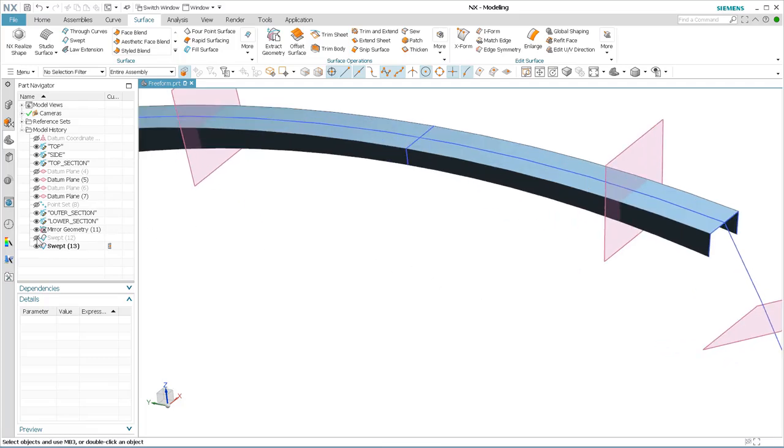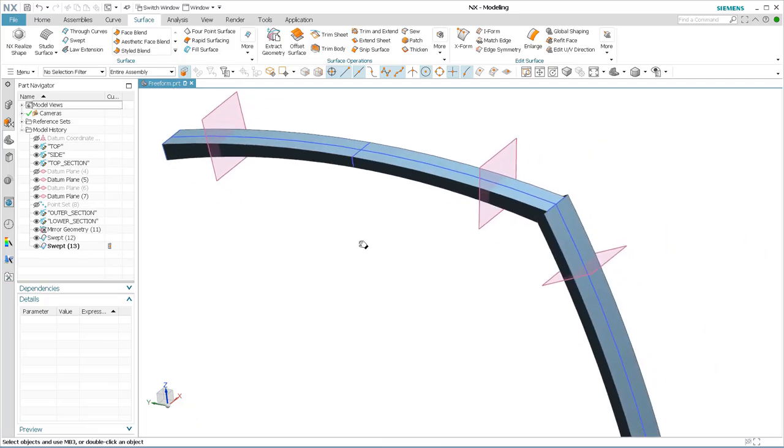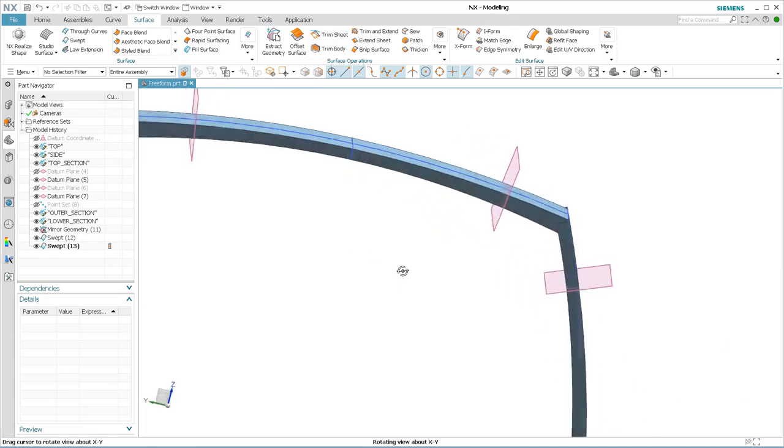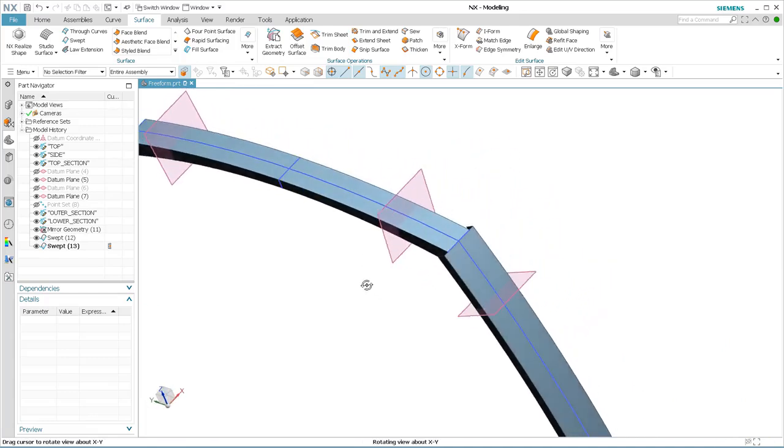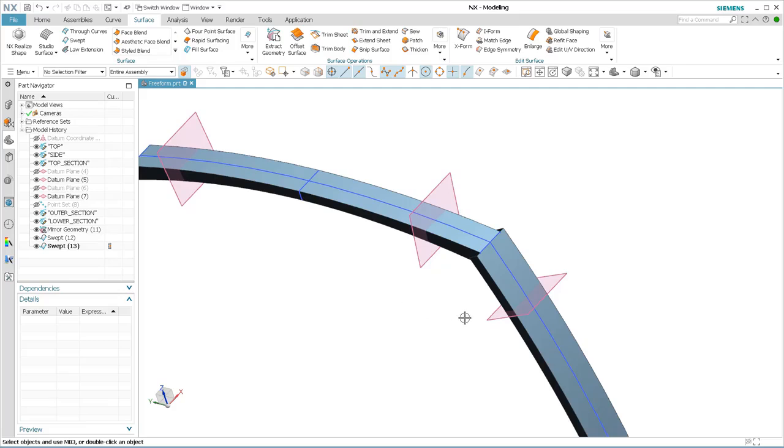Let me go ahead and turn the other one on, show that. As you can see, they are different sizes, so the next thing I need to do is generate a surface that's smooth from one surface to the next surface. And for that, I'm going to use the through curves. But before I actually create that through curves, I need to generate the sections that the through curves is going to use. And for that, I'll just go into curve,